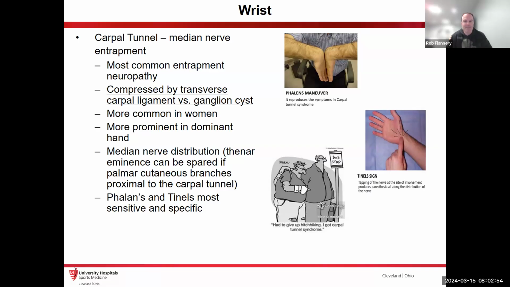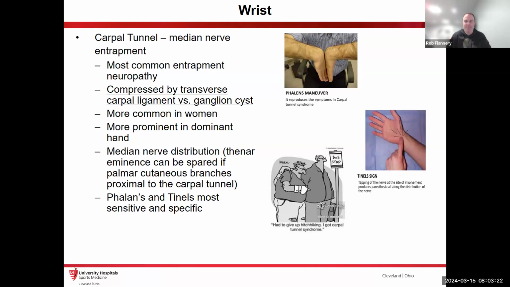Phalen's and Tinel's tests are the most specific. I kind of feel like there's not a lot on carpal tunnel being the most common nerve entrapment. I feel like the testers don't love the most common thing. It's always the second most or the third most common thing that they like to test on. And as you'll see as we go through, this tends to be a lot of rote memorization and anatomy more